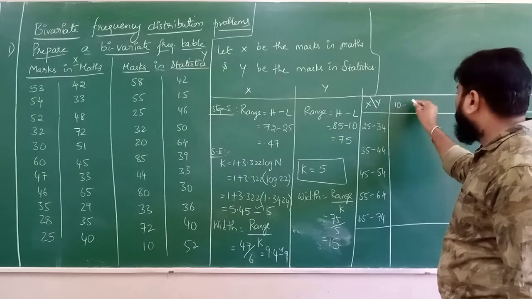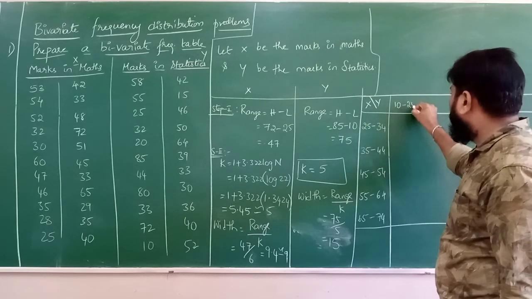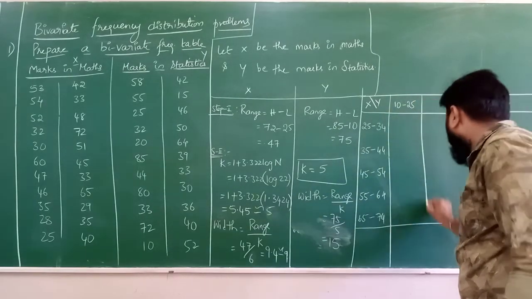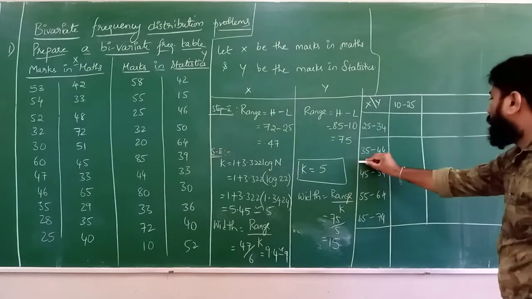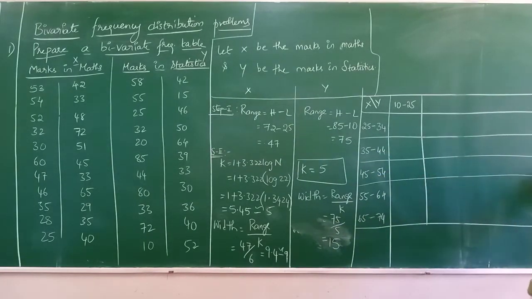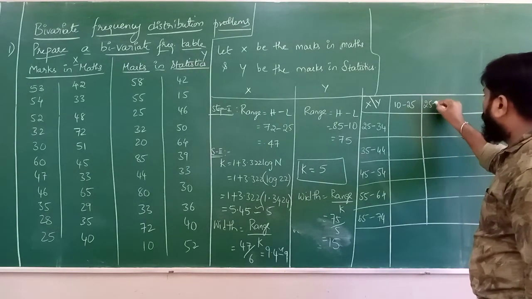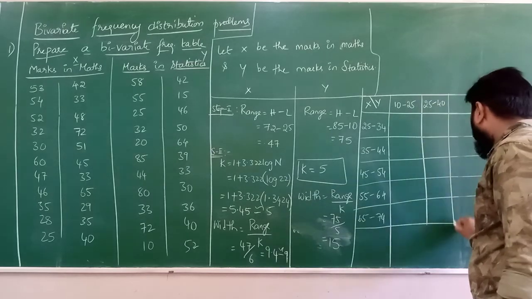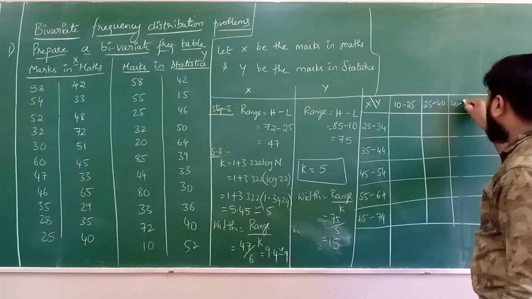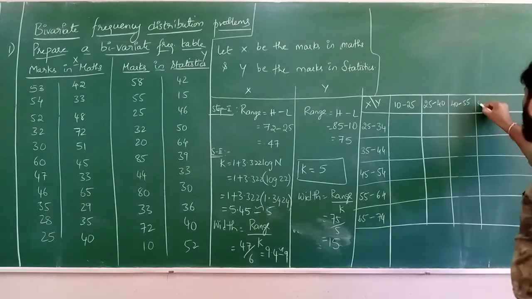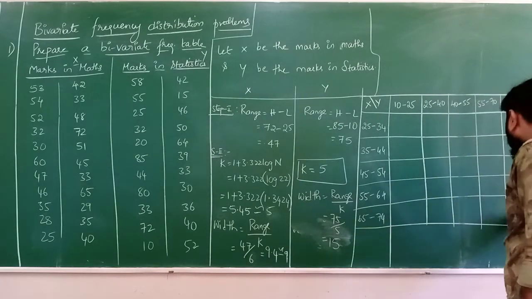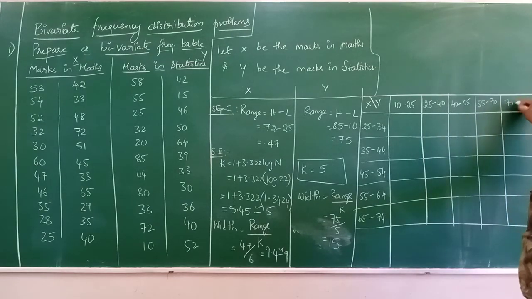So 10 to 25, 25 to 40, 40 to 55, 55 to 70, 70 to 85. So the total is